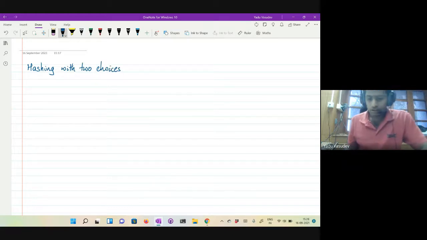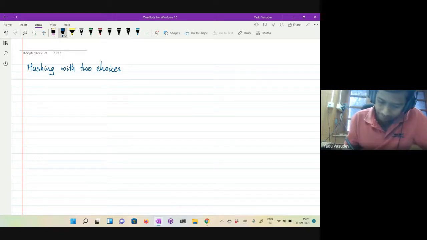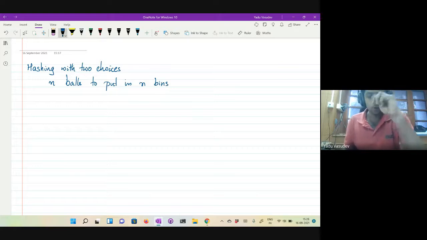Say you have n items, n balls, to be put in n bins. Now you use the following technique.